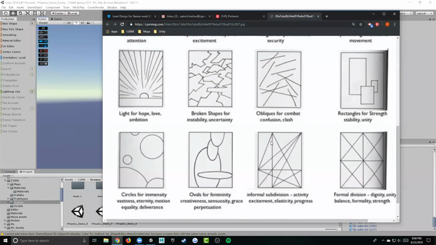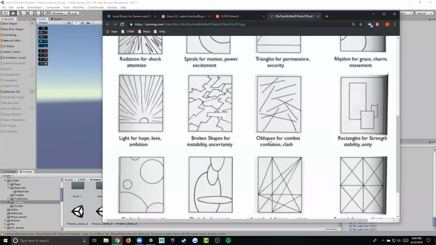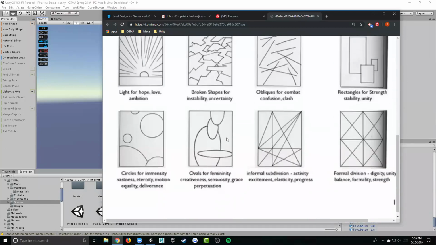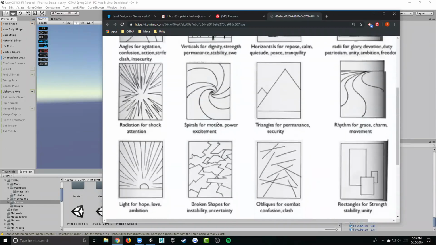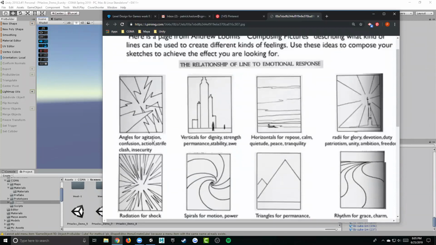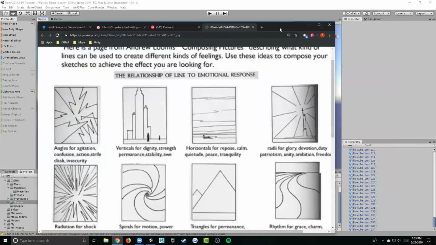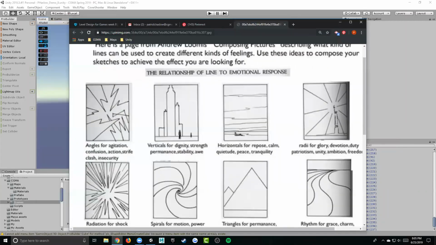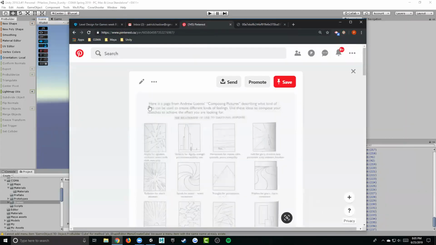But then in the midst of that, we'll create some broken shapes, maybe some obliques, maybe some harsh angles, and see how we can create mixed feelings in the player. I'm not sure how much we'll be walking through this scene. It'll be more when we talk about, again, the idea of a node network, which I bring up quite a lot